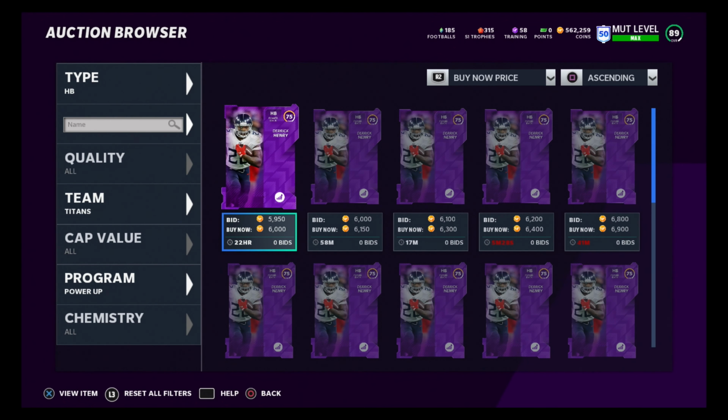And the next one is wide receivers. When you're looking at wide receivers, there's a couple of things I like to look at, because when people look at wide receivers in this game, they need to be fast, right? So when you're looking at a power-up, it generally works that when they power up, they get +1s to everything